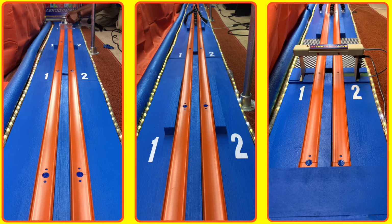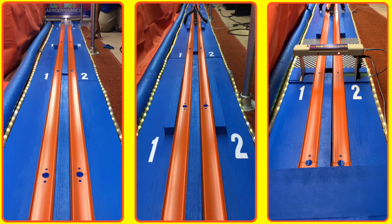Surf Crate's lining up in lane 2. Open wheel Tiki Rod Surf Mobile. And the Karma, the Matchbox representative, is in lane 1. Surf Crate lane 2. Race 2, here we go. 3, 2, 1, race. Okay, Surf Crate got back on its game, took that one by a lot,